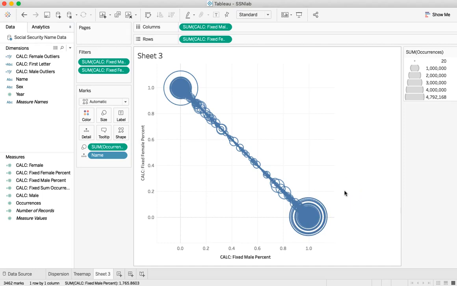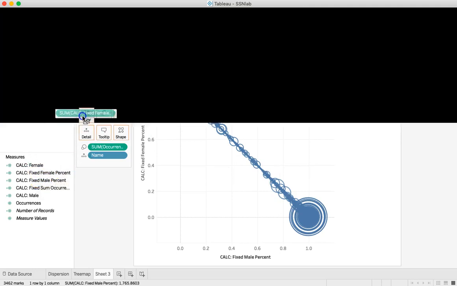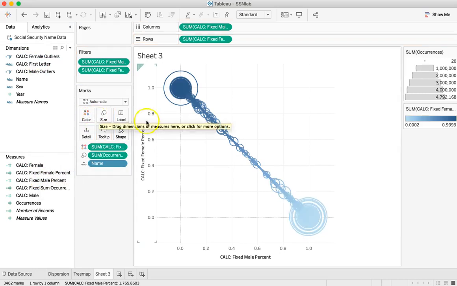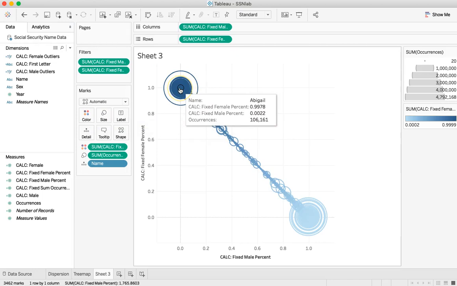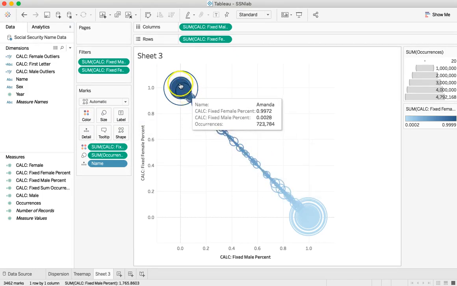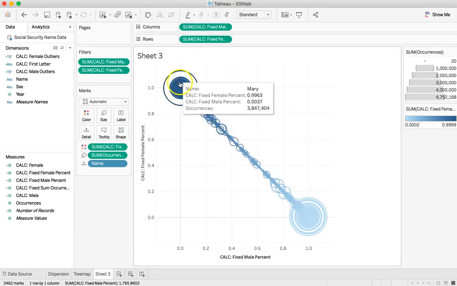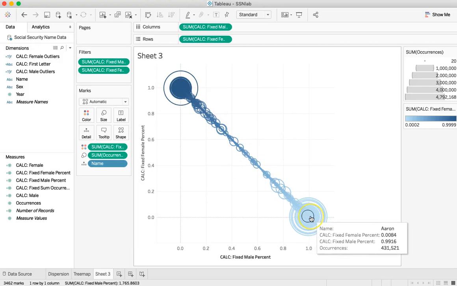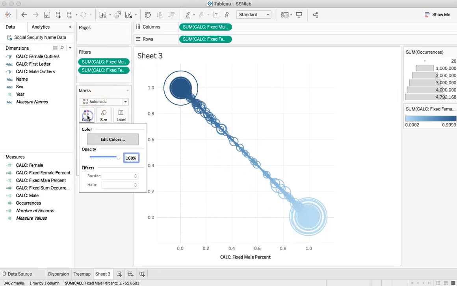All right, we could stop here, but we could make it just a little bit better. So I'm going to drag the calc female percent to the color. And this gives me a gradation based on the most female to the least female. Now that doesn't actually make sense for the data set that we're looking at here, but what would make sense